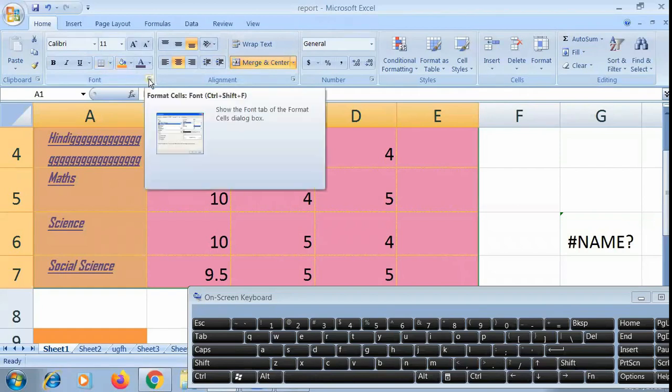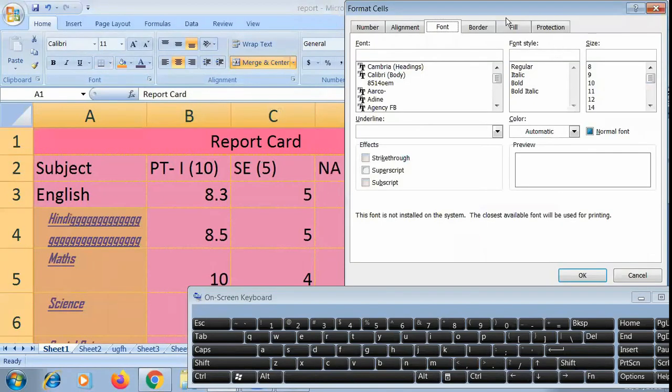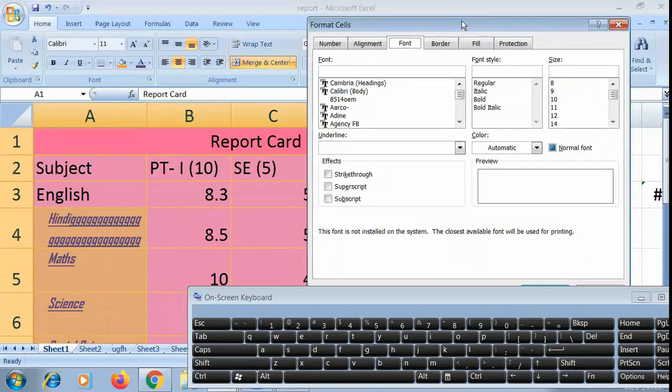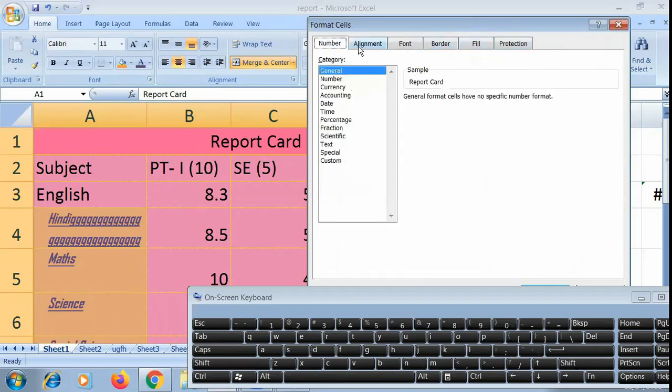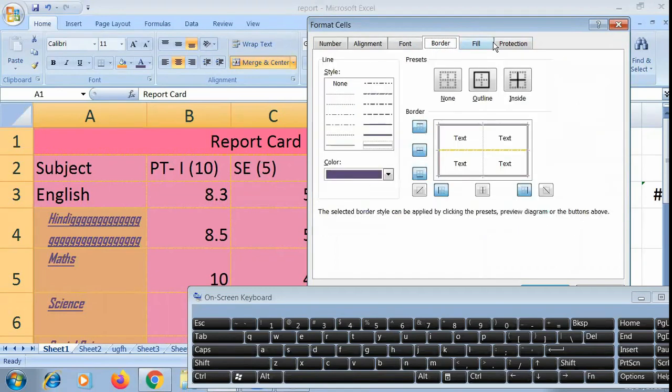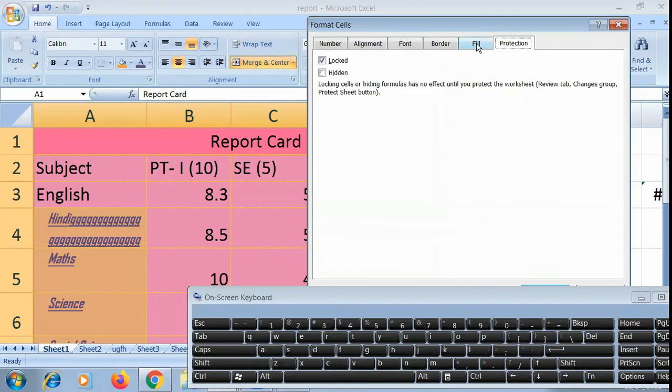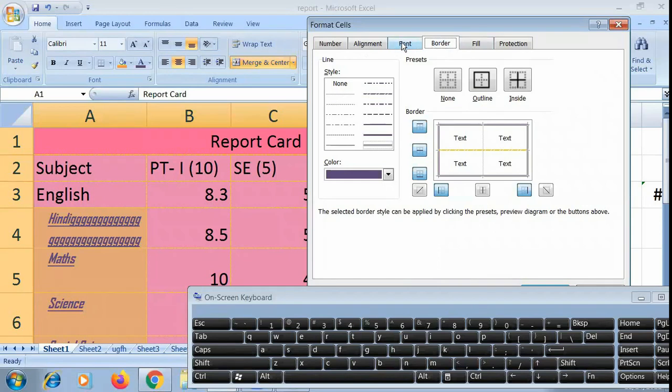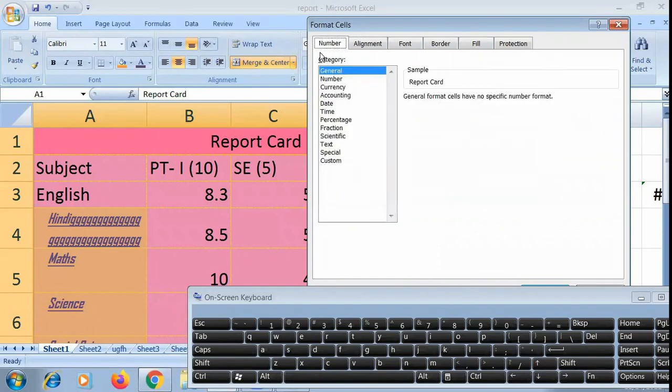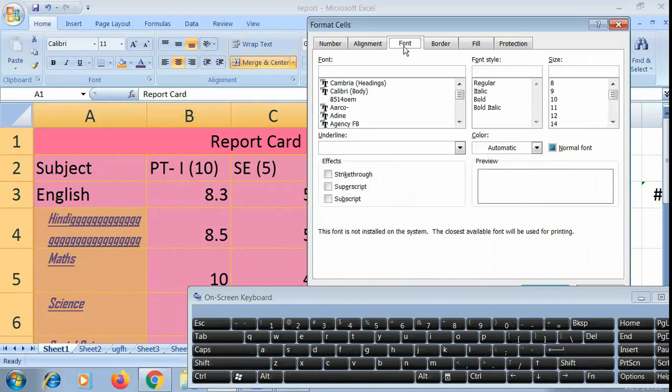Or as you click on the font launcher, you will get the Format Cells dialog box. In that there are 6 tabs given. Each tab is used for different work, and it helps to set the cell's features. Now here we are learning about border.